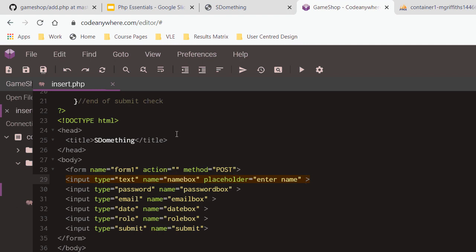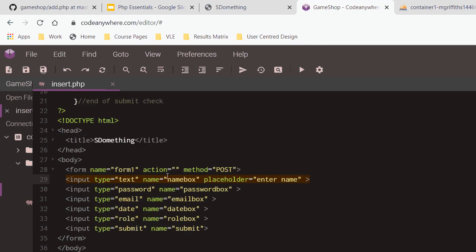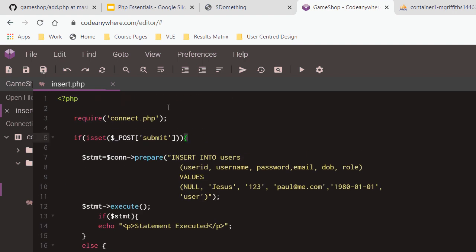When I submit this, what is being submitted to the page? All of these values that are in the form go with it. When we hit that submit button, the whole lot goes. Okay. So what we've got to do is, when the form has been submitted,